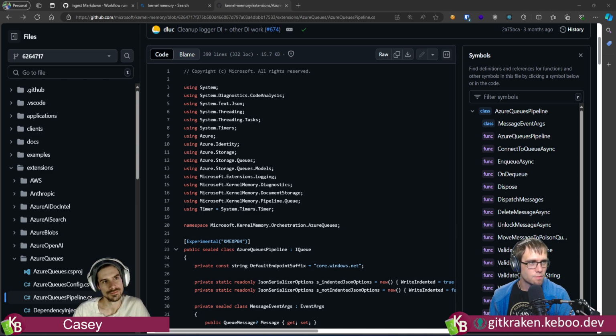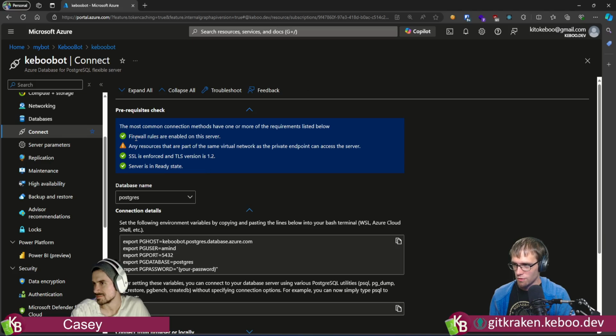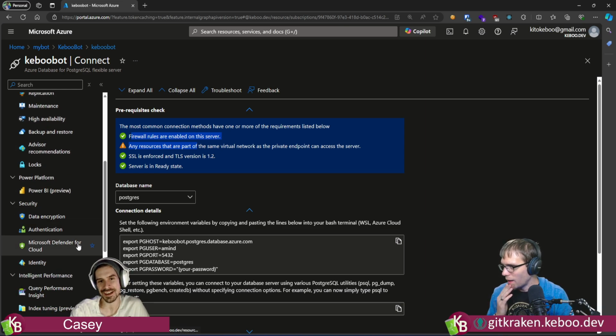Server parameters? I do like that if I had paid attention, looked at the very first green check marks. Firewall rules are enabled. Clearly. You don't say.